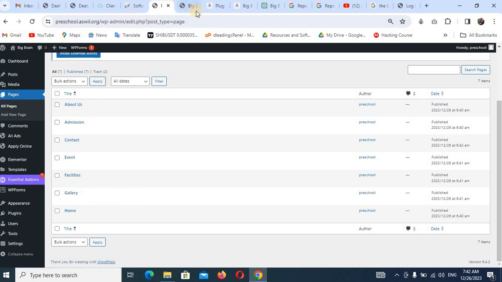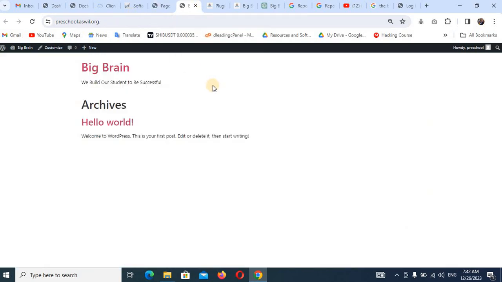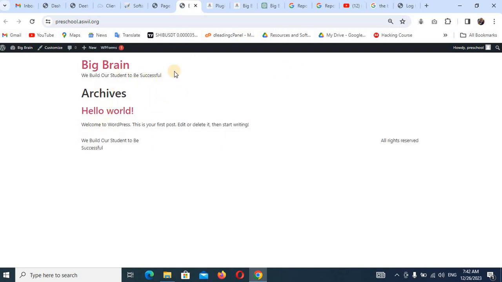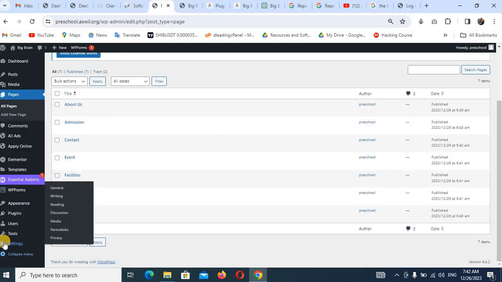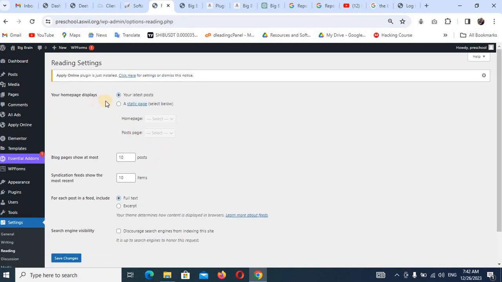Now after creating all these pages, if you click on here and refresh, you won't see it here. Can you see it here? You are not seeing anything. Fine. What we need to do first is to go to our reading. You need to come back to settings and go to your reading